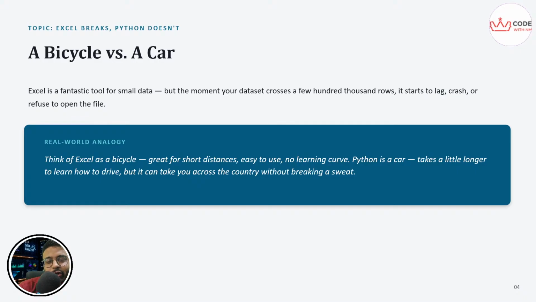But Python is like a car. First, we need to learn to drive a car, and it takes months or weeks depending on your grasping power. Same like Python, it can be done in weeks or months. But once you learn to drive, you can travel across cities, across states, and if possible across the country also. That means if data is increasing daily, we just run the code and it will do the same task